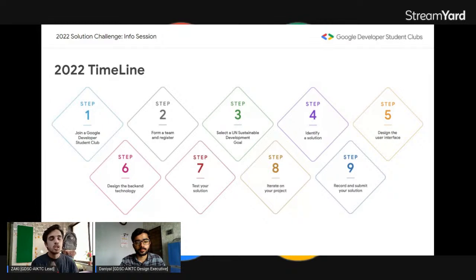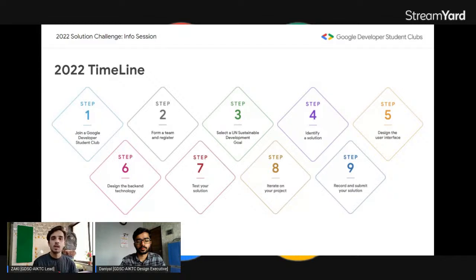Now that you have created a solution, in step 7, it's time for real time testing. For this, you can collect feedback from your family, your friends, your colleagues, or your mentor, and make sure to collect as much feedback as possible, because the more people give you feedback, the more people get to know what the solution is, and you get to know all the flaws your project has. Now in step 8, using the feedback you receive, start iterating on your design and technology until it is polished and ready for a final demo.